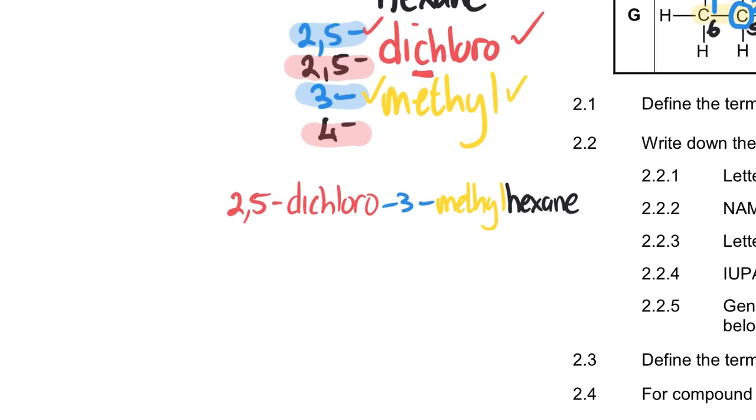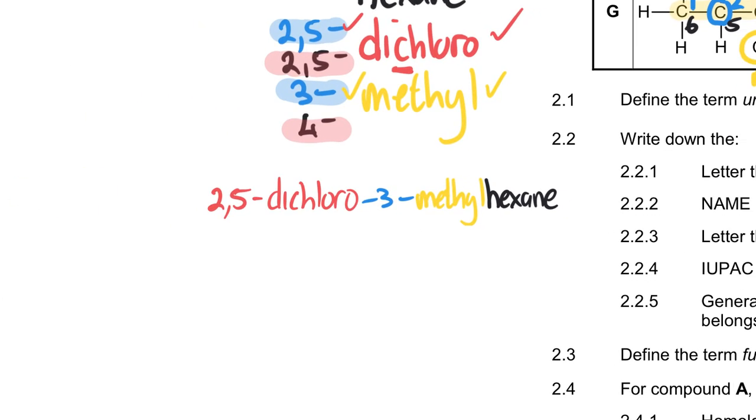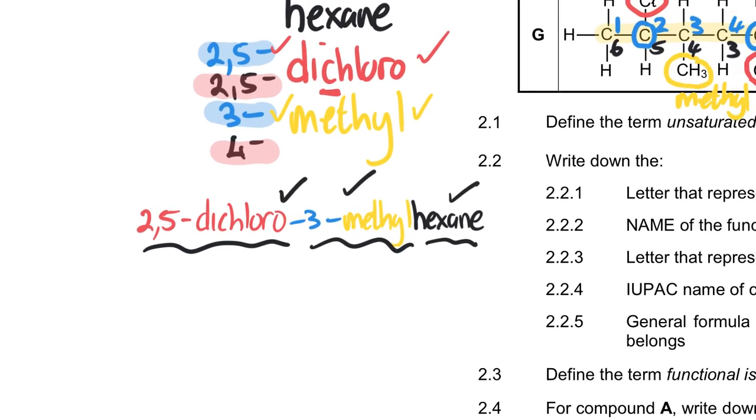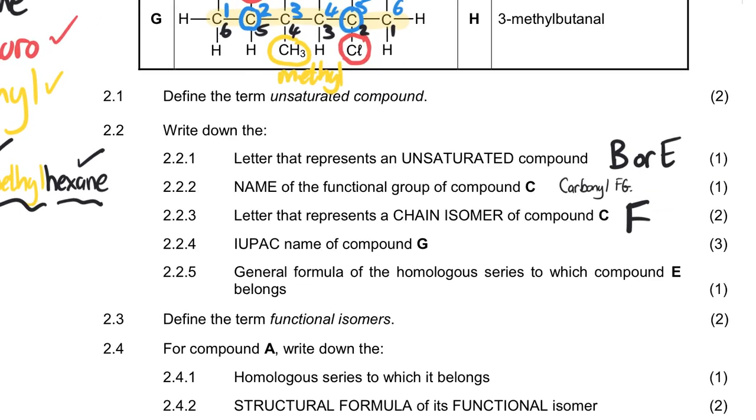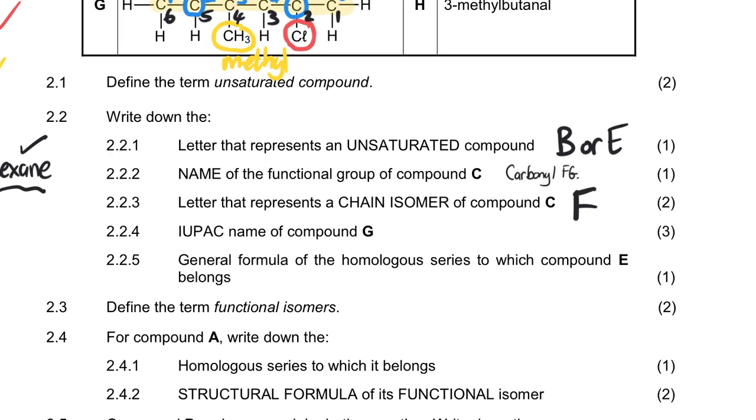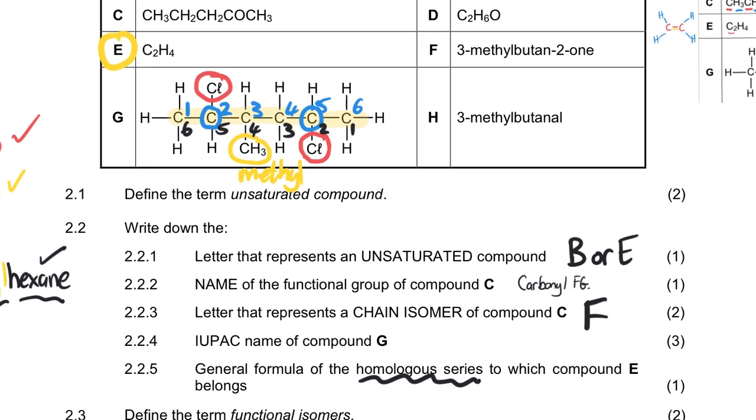So it would more than likely be a mark for the 2, 5 dichloro, a mark for the 3-methyl, and a mark for the hexane. Now, 2.2.5. The general formula of the homologous series to which E belongs. Now, the homologous series is the family of organic compounds. So it's not the functional group. One must be careful not to mix them up. So if we look at compound E